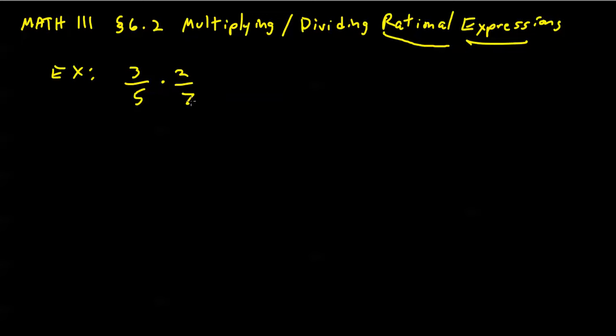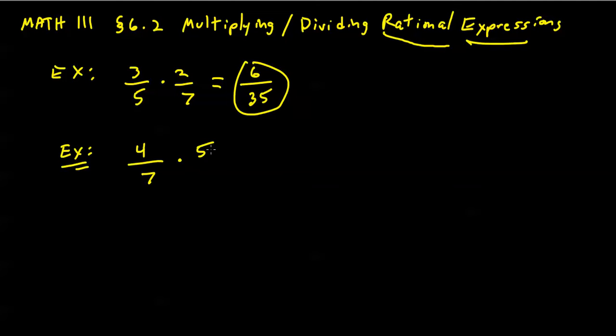If I'm asking you to multiply 3/5 times 2/7, the first thing I should do is look for common factors to either cancel or cross-cancel, but there are none here, so I'll just multiply across and get the final answer, 6/35. Well, what about if there are common factors? For example,